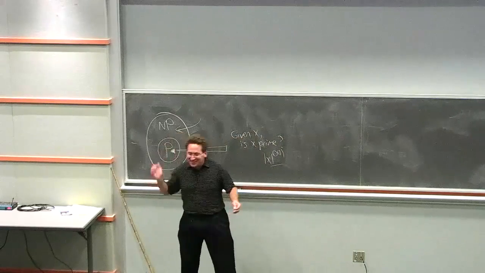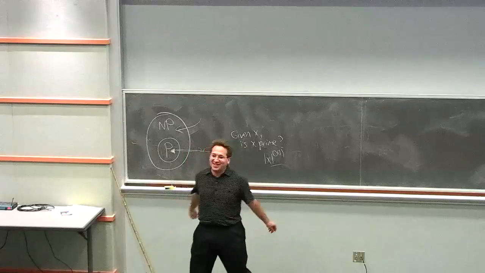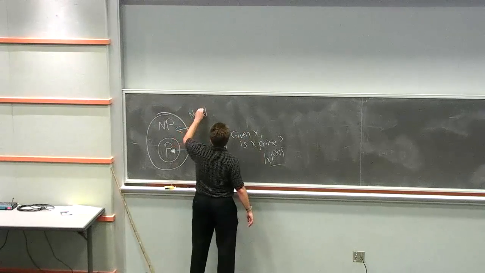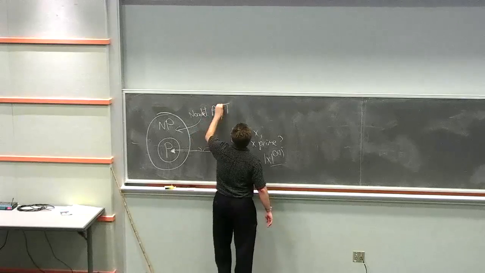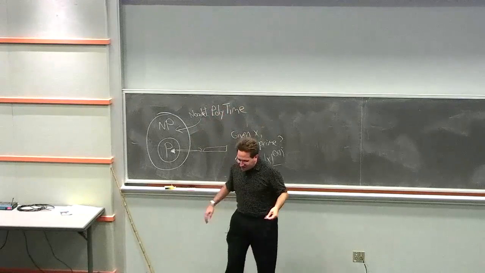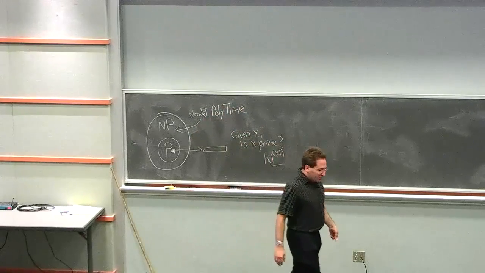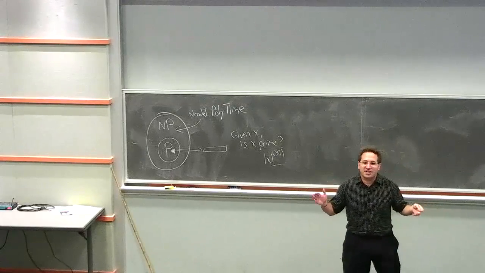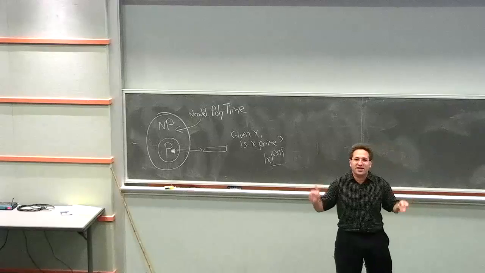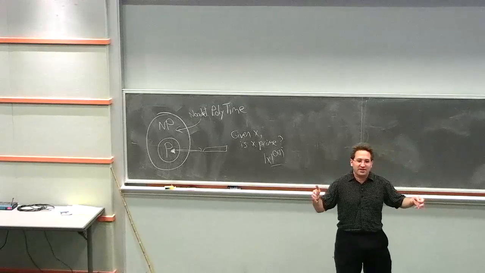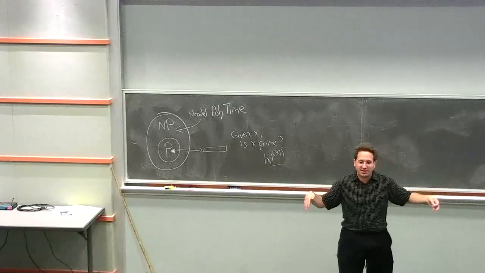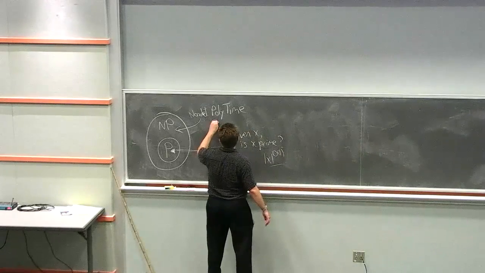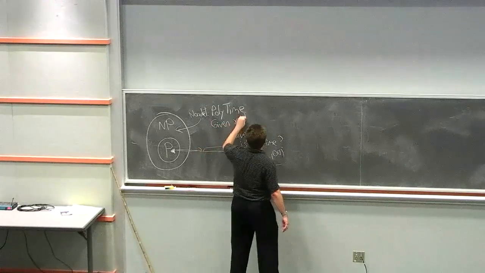So NP stands for non-deterministic polynomial time, and NP is the class of all decision problems where if the answer is yes, then there is a polynomial-size proof or witness that you can verify in polynomial time and be convinced that the answer is yes. Okay, so a good example here is,